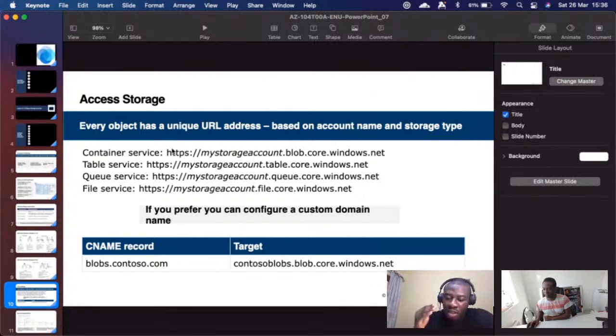Now, one of the things Azure had to do to ensure that that data will be available for you anytime you need it is by making use of things like your redundant strategies. This is Azure's way. They are not saying they are backing it up for you. No, they are not backing it up for you. They are only trying to meet the SLA they promised you. So please do not confuse these features for backup. Backup itself is a different thing.